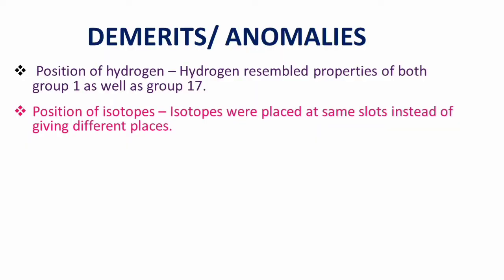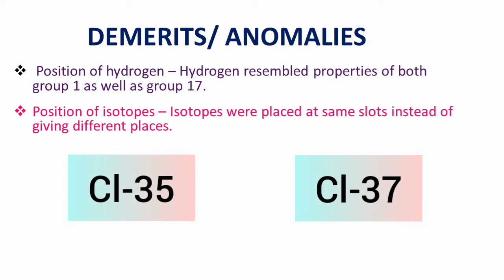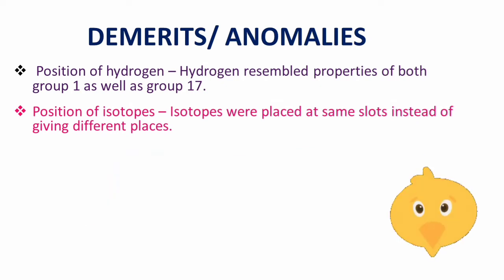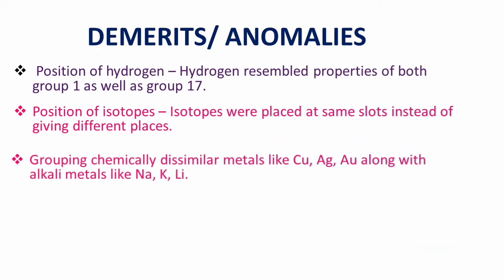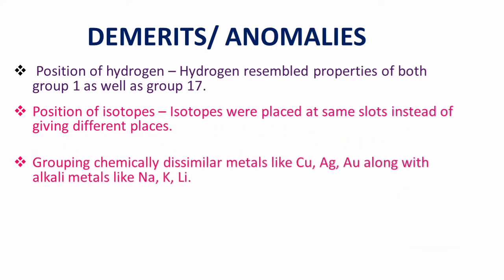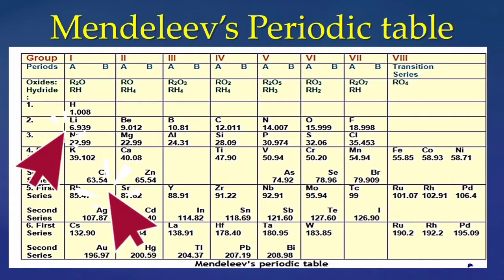In Mendeleev's periodic table, isotopes were not given their own column. The isotopes were arranged in the same place. For example, Cl35 and Cl37 are two isotopes of chlorine with atomic mass 35 and 37 respectively. Mendeleev's periodic law did not explain why these two isotopes having different atomic mass were placed in the same group of the periodic table. Elements like copper, silver and gold were grouped along with highly reactive alkali metals like sodium,